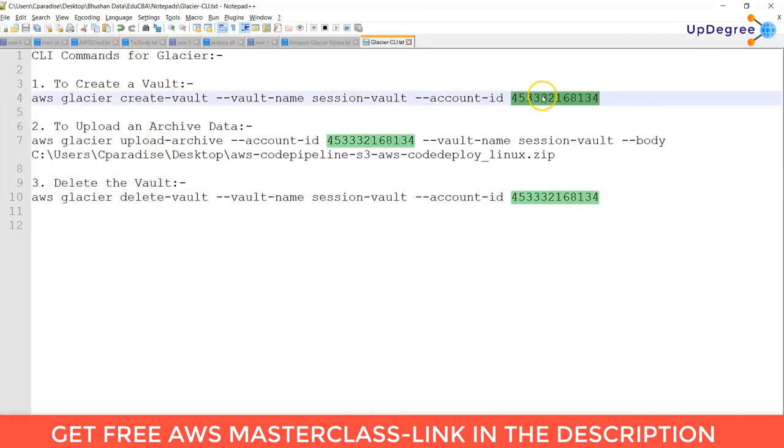As my AWS account ID is 453332168134, and I had given the vault name as session vault, I can run this command on the command prompt.